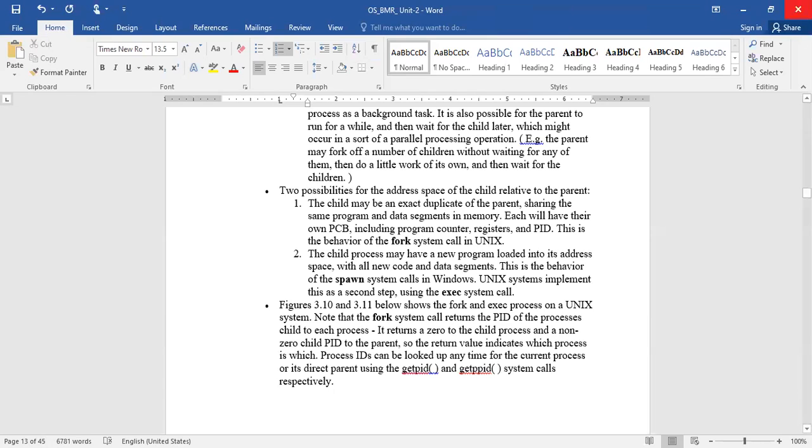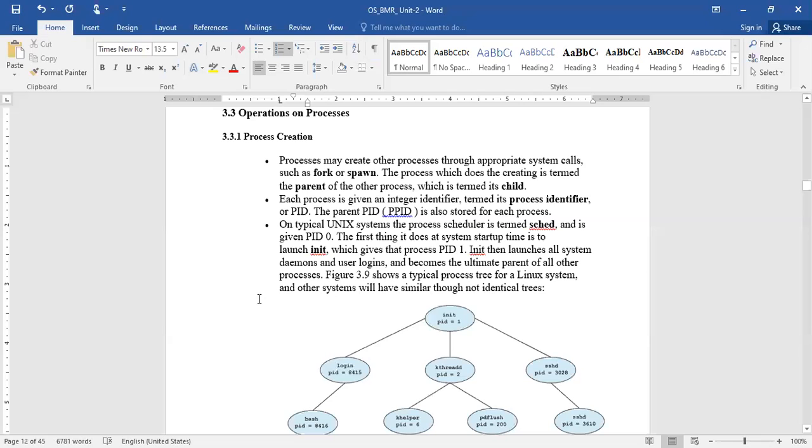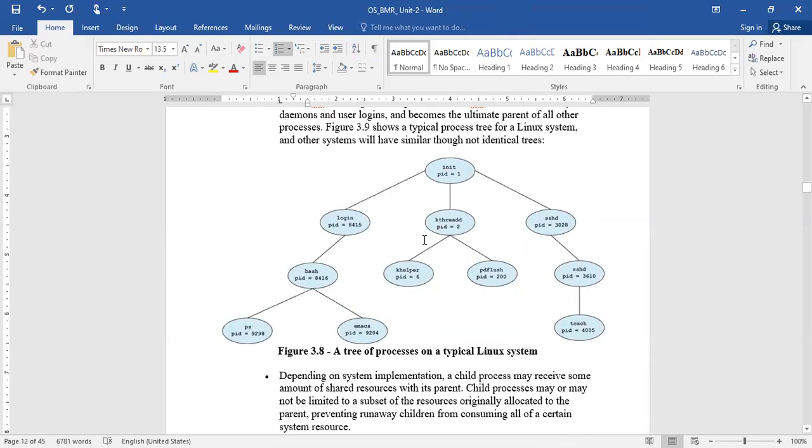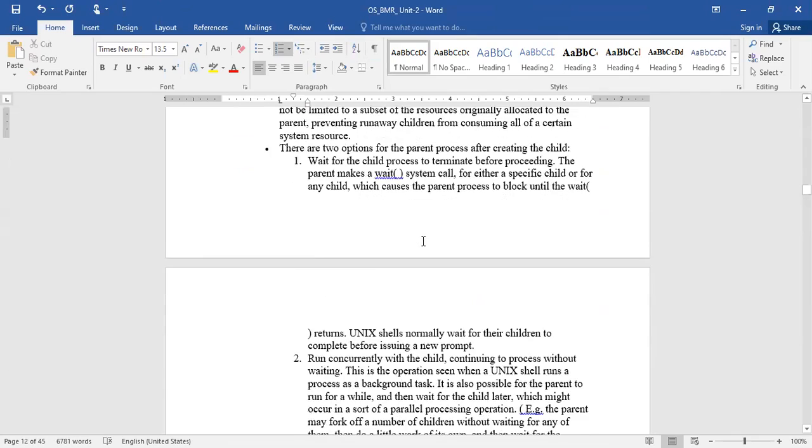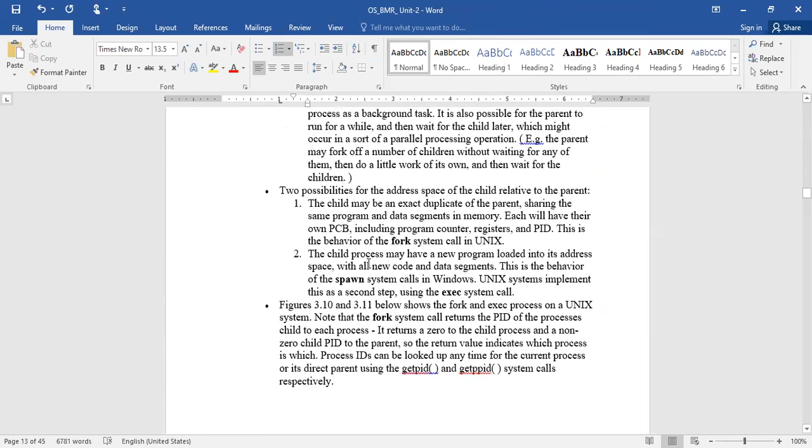So here, how it uses the memory, as I told you at the very beginning, the child process may use the resources of the parent, or it may create its own memory address space in order to complete its task. Okay, so here let us see what are the possibilities that exist.